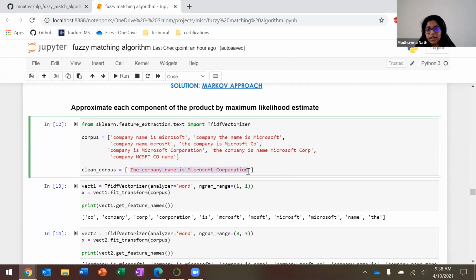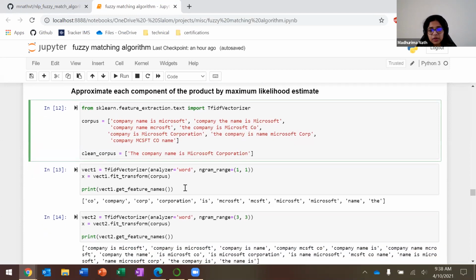I want to check how similar or closely related the company name Microsoft Corporation is to all of these different variations. And before I do the similarity checking, the one thing I wanted to go over was how this